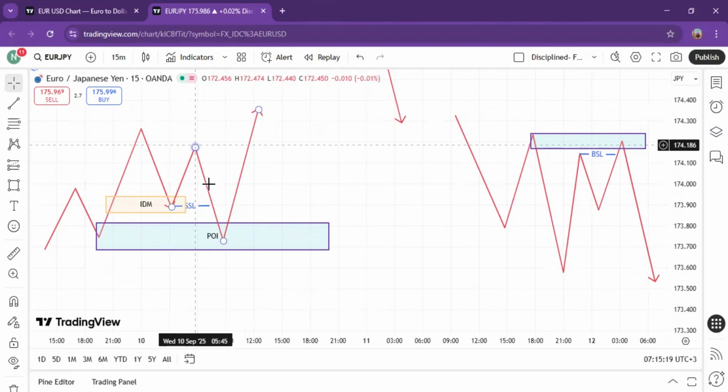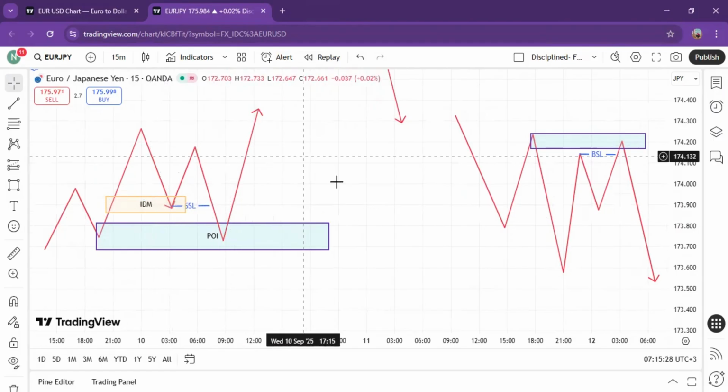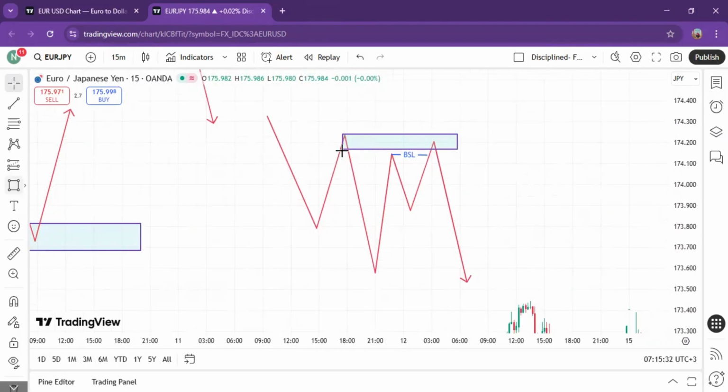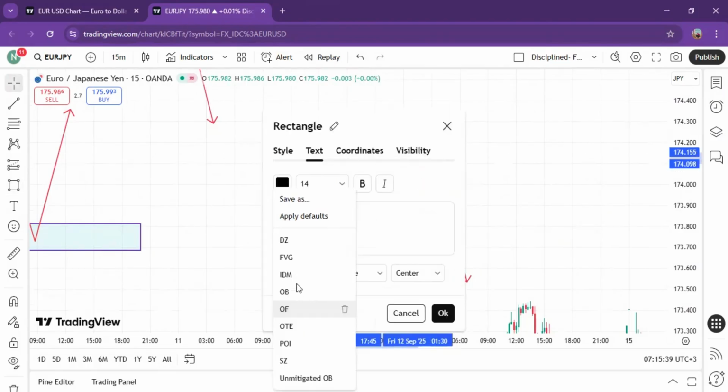Then finally, the market comes and swipes your orders below this point, then continues in the same direction in which you are expecting the market to go. So you're going to see so many scenarios in this market whereby we have this type of